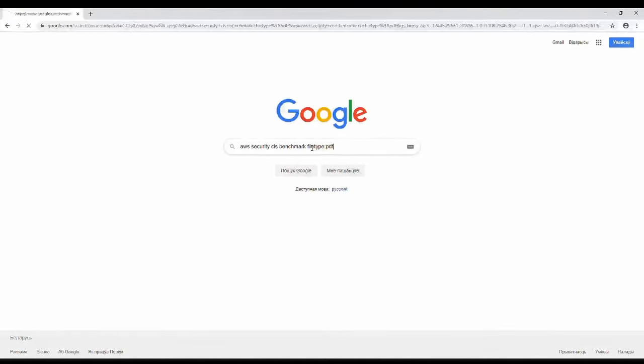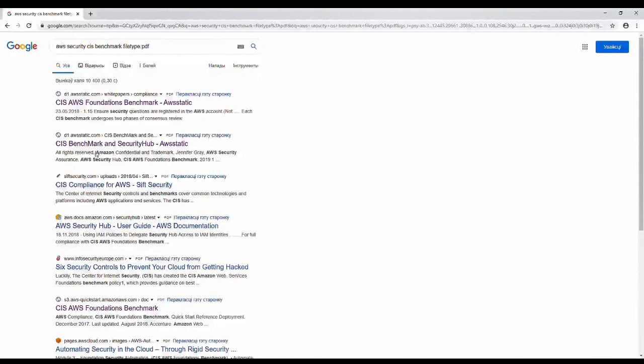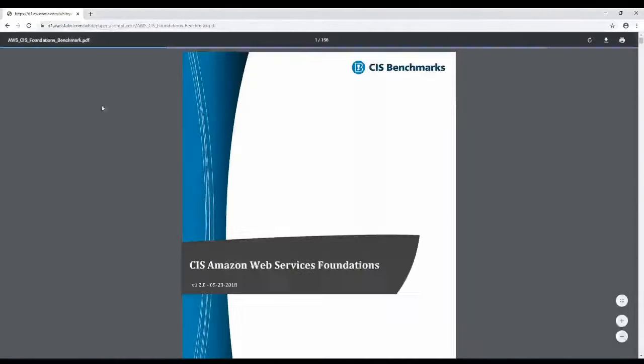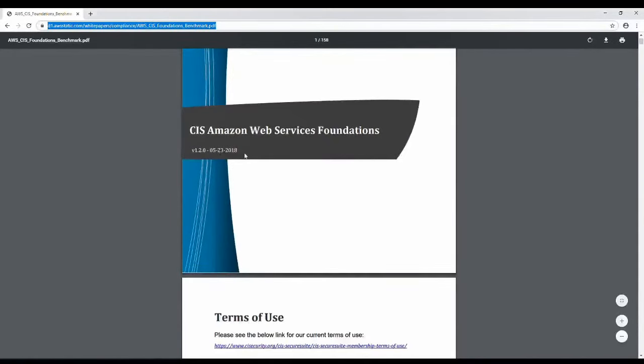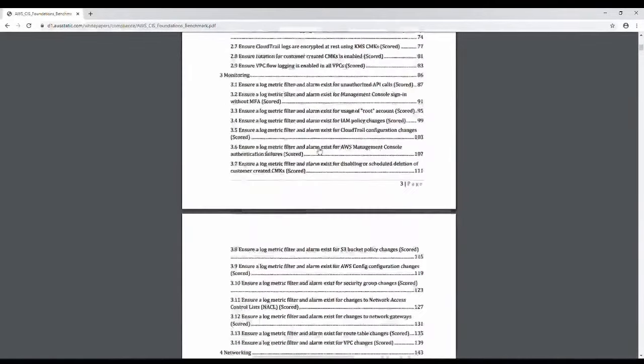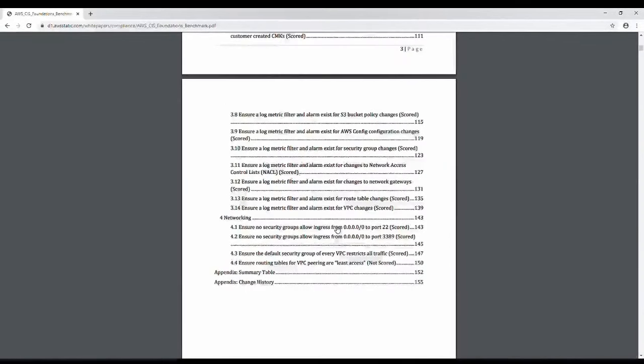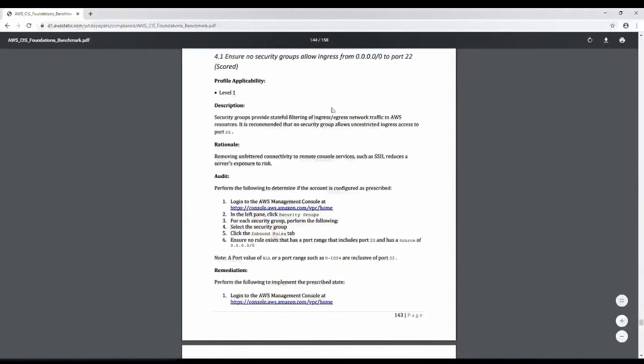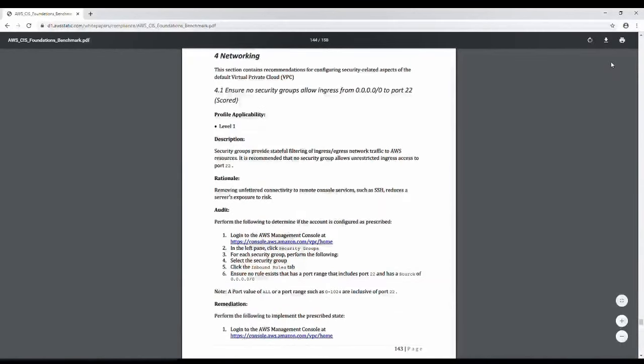So just Google the file type PDF, and the first link is CIS AWS Foundations Benchmark. You can check the version. It is the latest one. It is available in public, so you can view it. For example, we can define some rules, and one example rule is allowing ingress for all IPs for port 22 for the SSH protocol. And this check is also included in the tfsec model that we'll use in checking Terraform